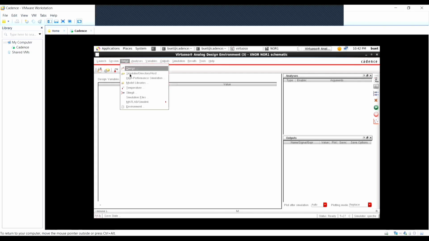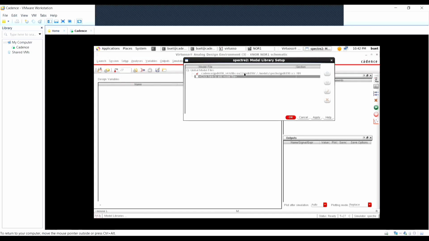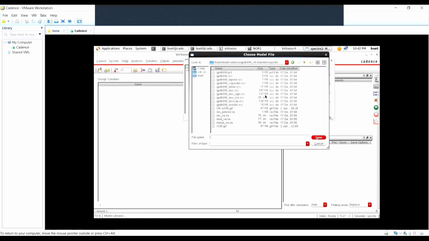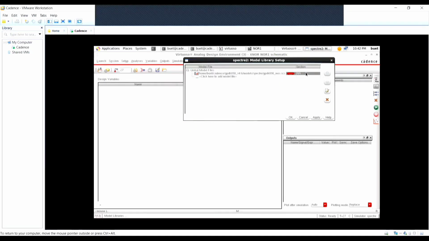Go to the setup section, models libraries, double click it, and select the MOS SCS open. Double click the NN and select the TTS1V. Okay, now